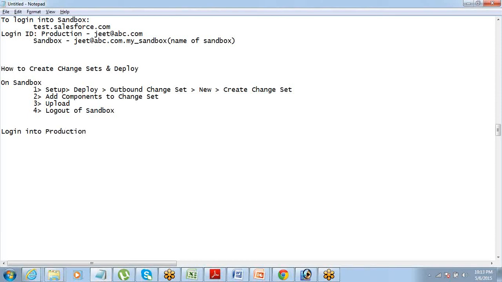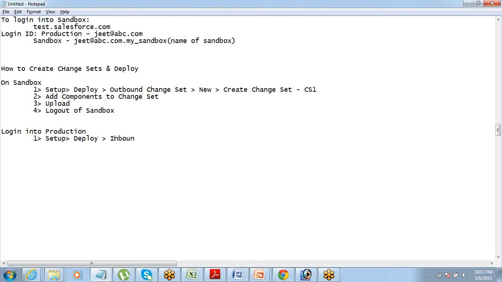So log into the production account. Here you go to setup, deploy. Let's say the new change set that you have created, you have named it CS1. Once you log in to production, you go to setup, deploy,